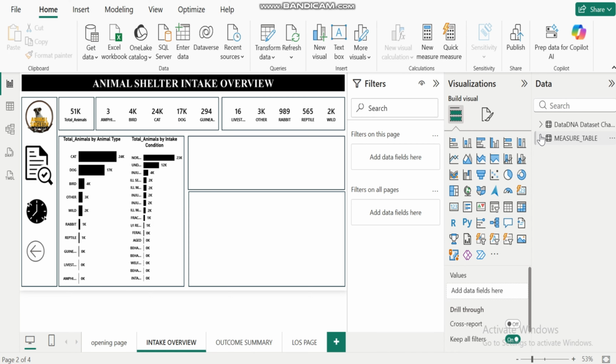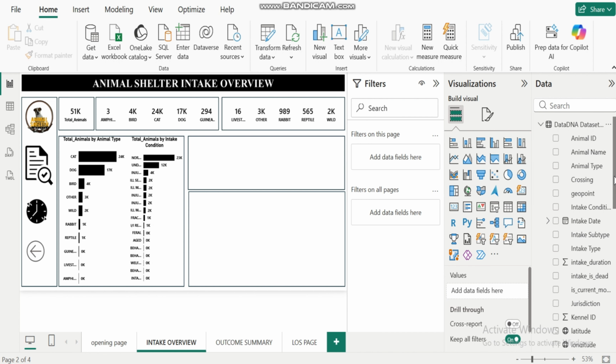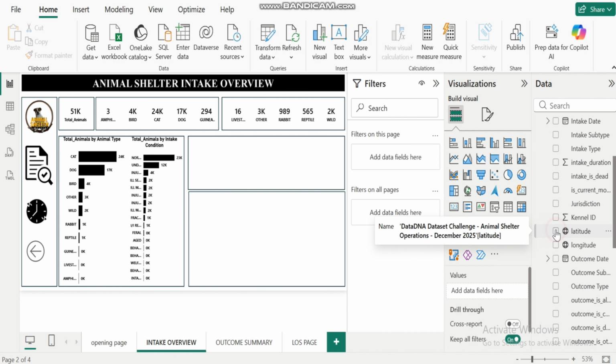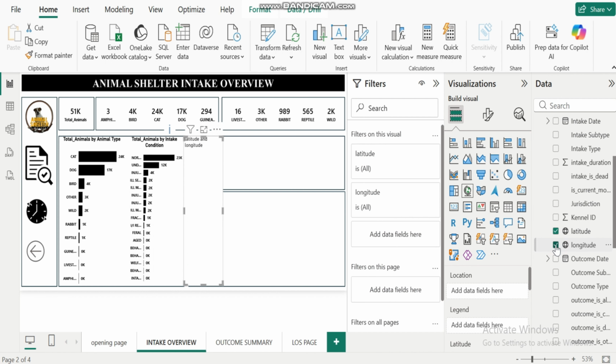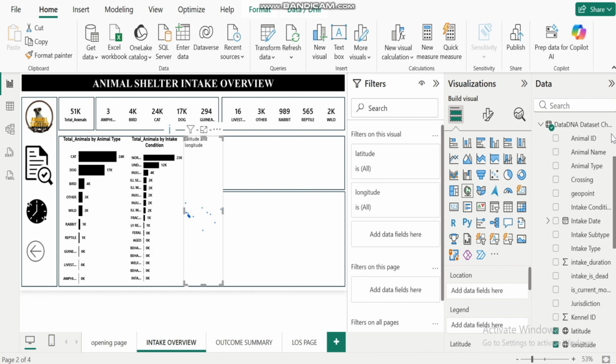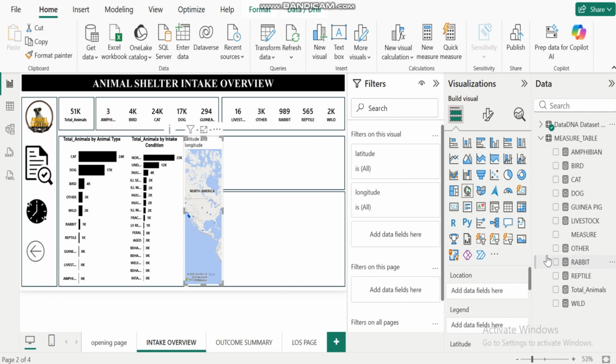using our latitude and longitude in combination with our map chart. So I'm going to come right here and say, you know what, I'm looking for the latitude and the longitude, by the total animals,